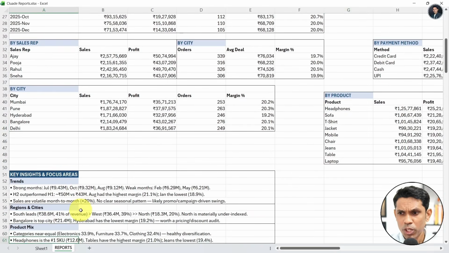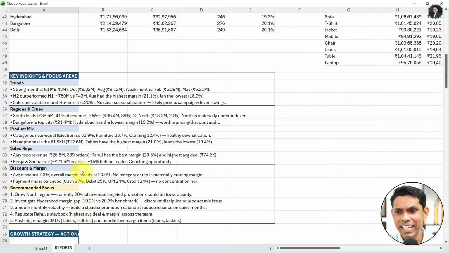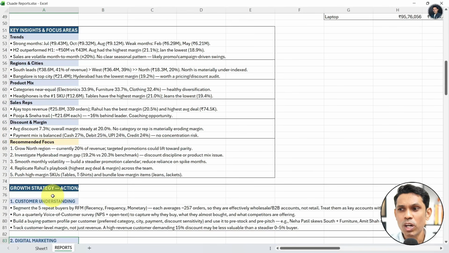And most importantly, you can see insights inside the page. It shows which section is performing. It compares the first half and second half of the year. It tells you that the second half is outperforming. It shows percentage also. It shows which region is performing and which is not. It shows product mix. And it even gives you a storytelling report, meaning it tells you what story you should